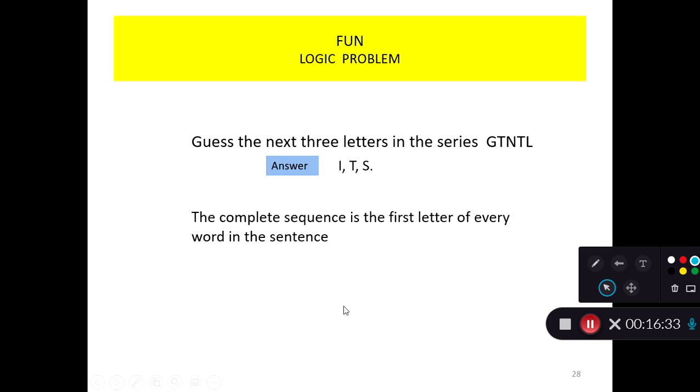ITS. And there you go. And that is the end of this